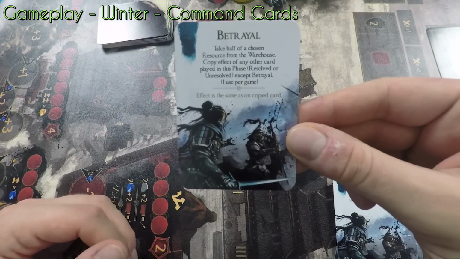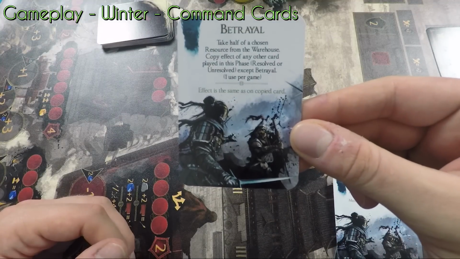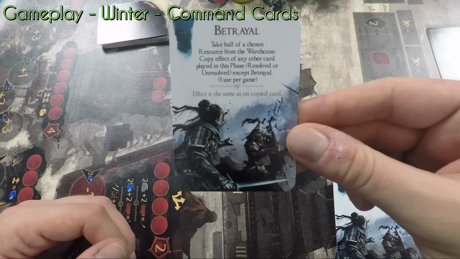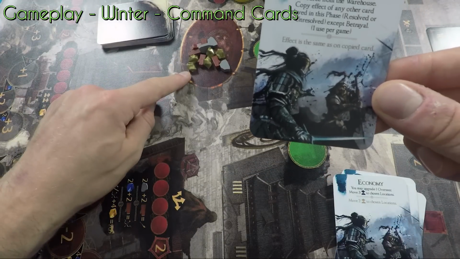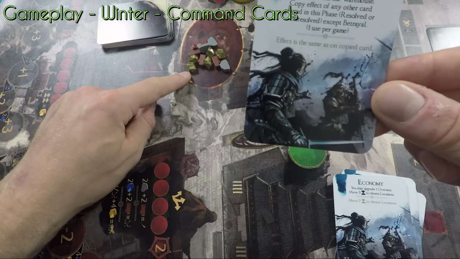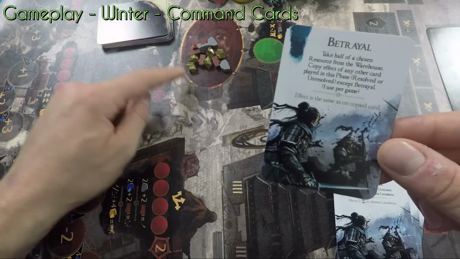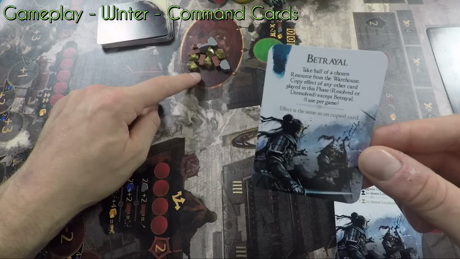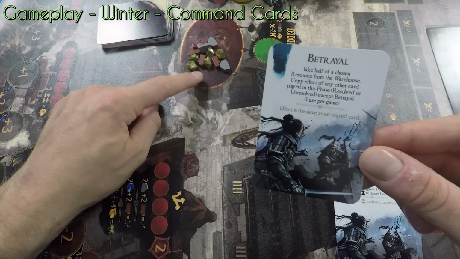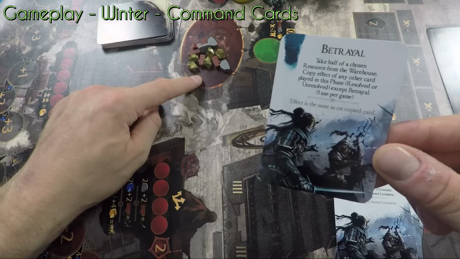So Betrayal allows you to take up to half the resources in the warehouse. Well, in the first round, there aren't going to be any, so you'll never play this in round 1. But in round 2 and 3, you might find a selection of wood, stone, and gold here in the warehouse. And we'll look at how this gets here in the summer phase. However, what you can do is you can take half of one type of resource, round it up, so we could have 3 wood, or 2 stone, or 3 gold,